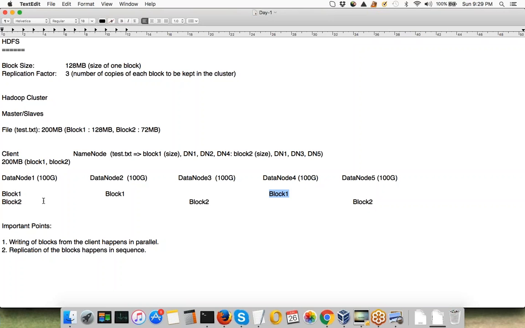Let's say your cluster is running a lot of other processes at a given time, right? And let's say due to some reason, data node 1 is completely occupied. There is no free CPU present on data node 1 at a given point of time, right? Then you have an option of processing this file on data node 2 and 3 as well, because your data is present there.